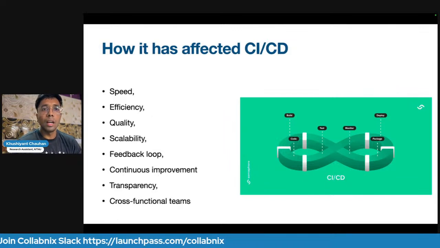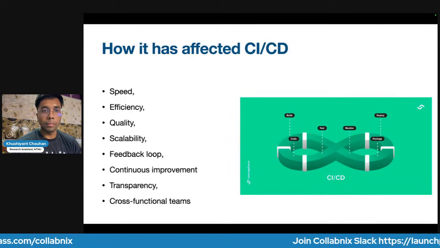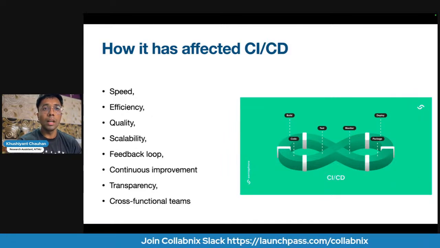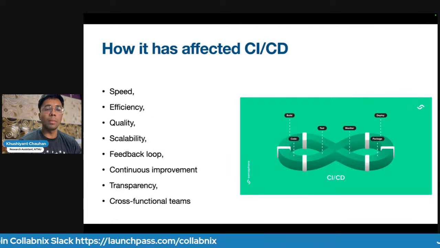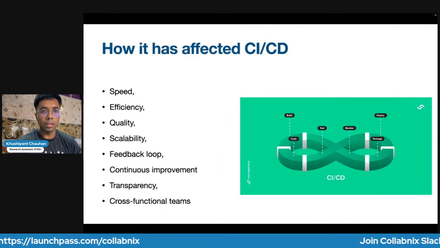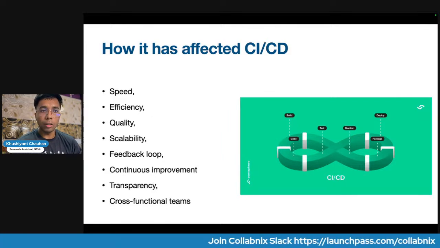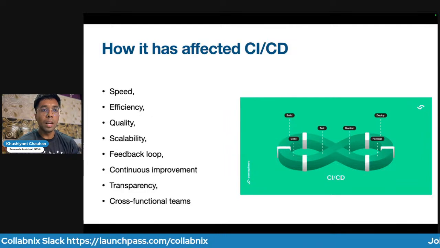What it means is you are now working very closely with your DevOps or operational team. Initially the teams used to have some communication between them, but not as much. There was not very frequent communication between those two teams. But now, since the